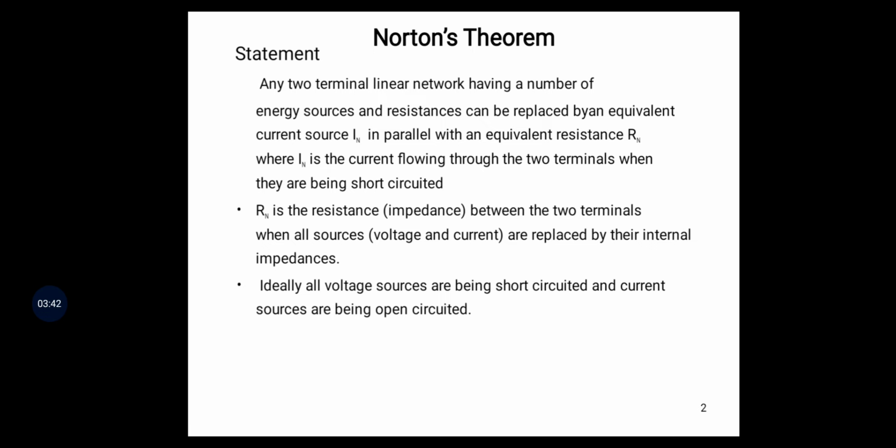In a similar way to Thevenin's theorem, in Norton's theorem also, if you want to find R Norton, we open that element where we apply the theorem, and at the open terminals we find the equivalent resistance. When we find the equivalent resistance, we short circuit the voltage sources and open circuit the current sources. Then we find the resistance. That resistance is called R Norton. In this way, we find I Norton and R Norton.